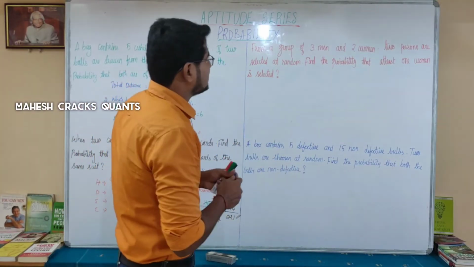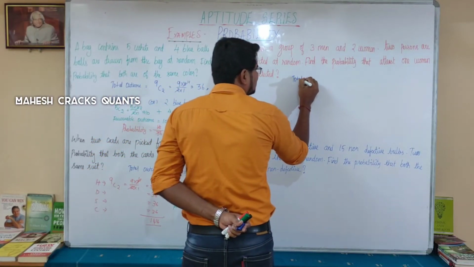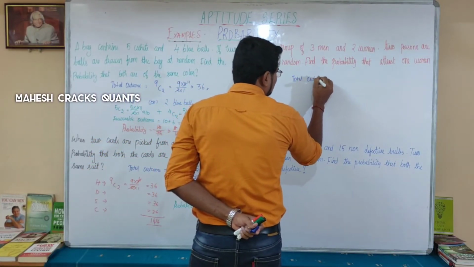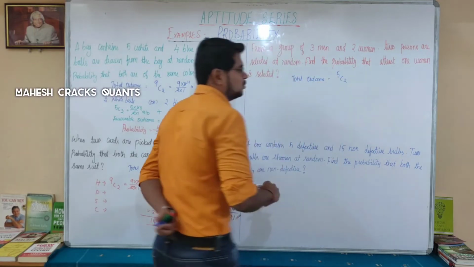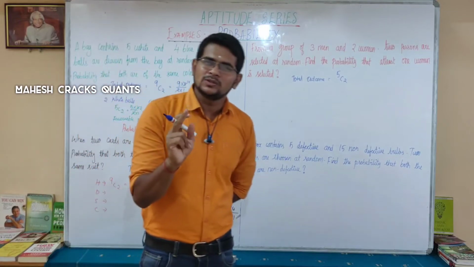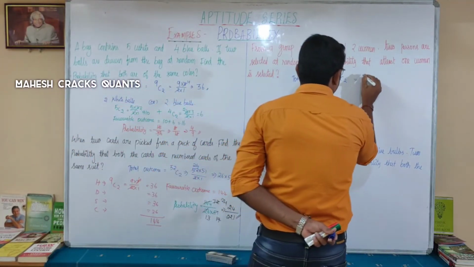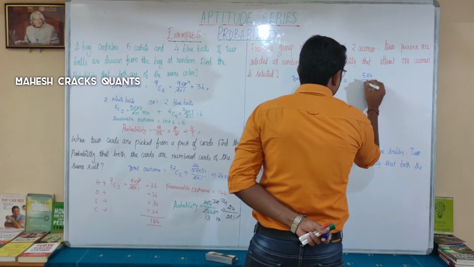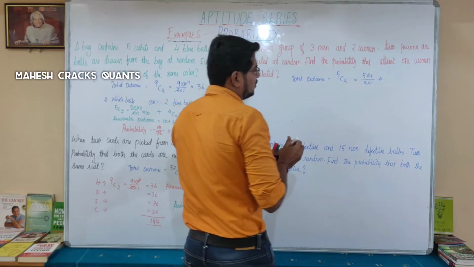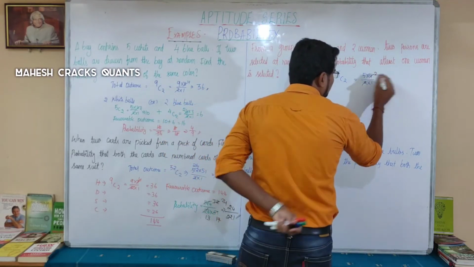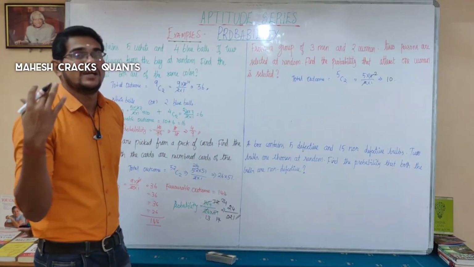Okay. So first thing is total outcome. So I am taking 2 persons out of how many persons? So 2 persons out of 5. 5C2. Am I right? I am taking 2 persons out of total 5, 3 men plus 2 women, total 5. So I can expand this as 5 into 4 divided by 2 into 1. So cancelling this, what I will get? 5 into 2, 10. That is total outcome. Now my favorable outcome.